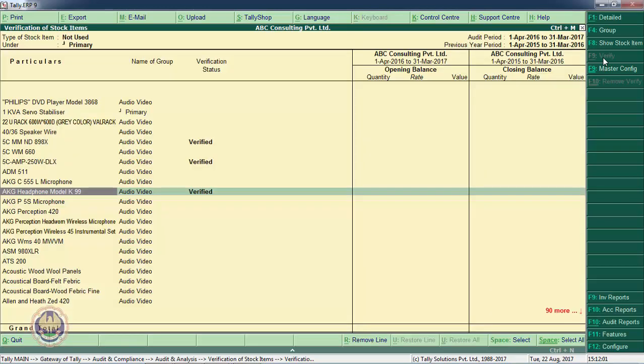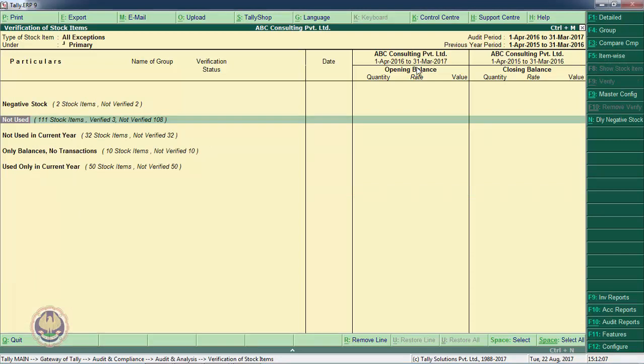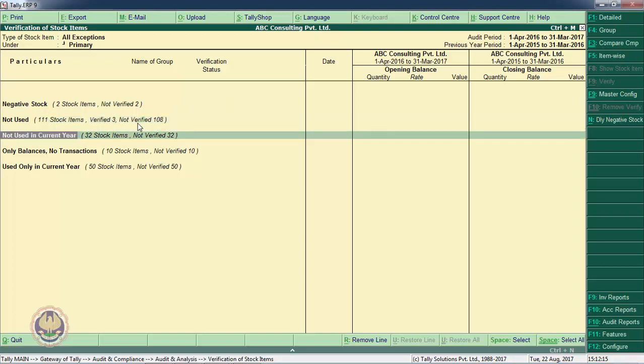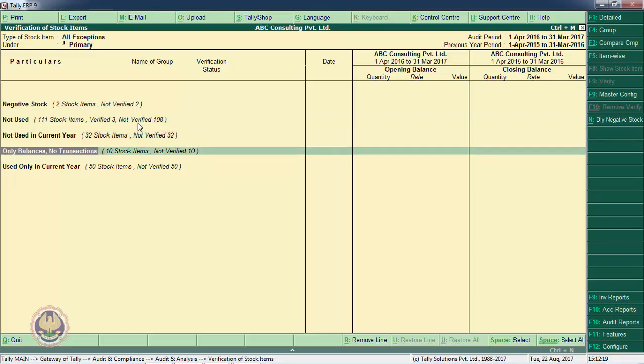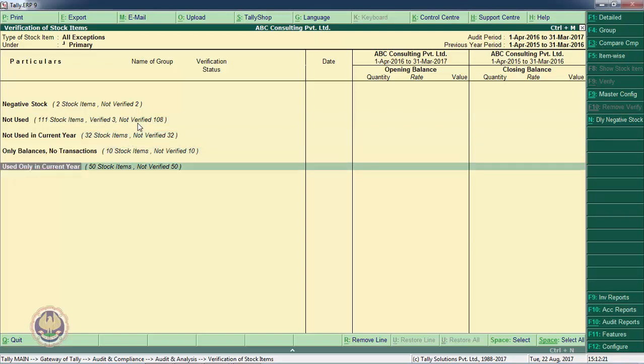Okay. So this is verified. Now you will get 3 verified. Not used, there are 111 stock items, verified 3 and not verified 108. Not used in the current year. Only balances, no transactions, and used only in current year. So these are the options available here.